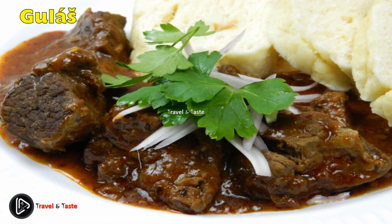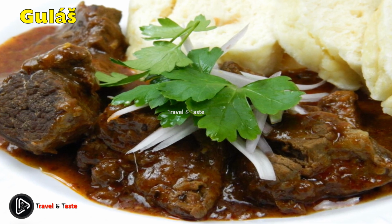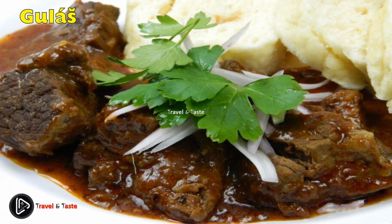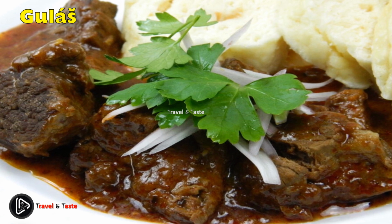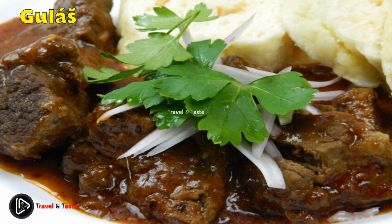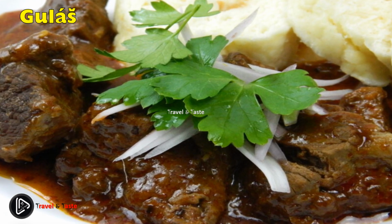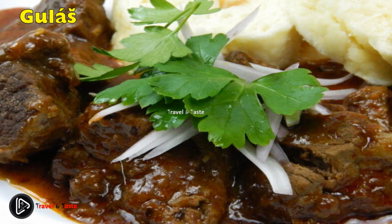Guláš. The origins of goulash are Hungarian, and Hungarians consider it to be their main national dish. But this beef and vegetable stew with paprika is very popular and widespread in Slovakia and other European countries too. Guláš is cooked in many variations, but the most popular is Kotlíkový guláš, which is stewed in a pot on